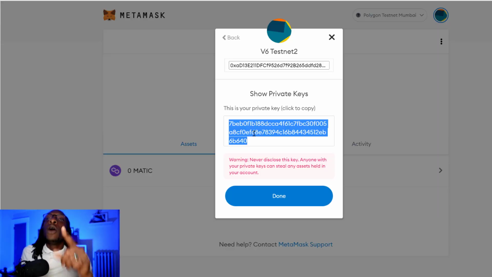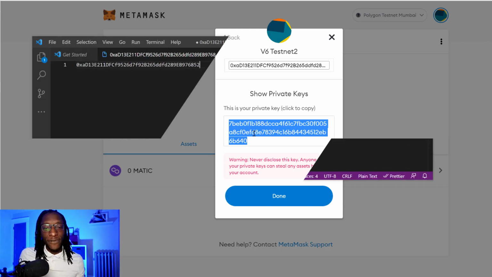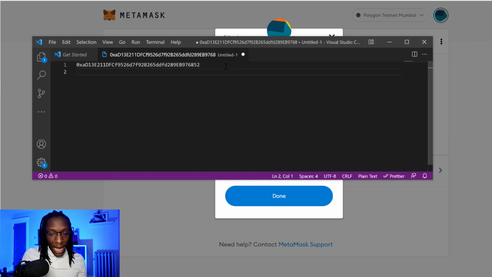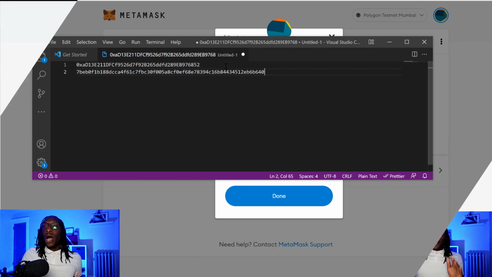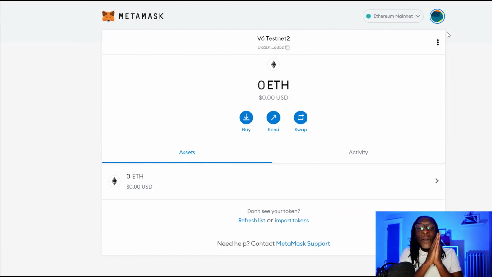You never want to give anyone your private key, so you keep this information secure, okay? So of course, I'm gonna put it in this text document just for now for the sake of this video. So I have my public key, and here I have my private key below. All right, so one thing you're going to notice as you've set up your MetaMask wallet is that your node,